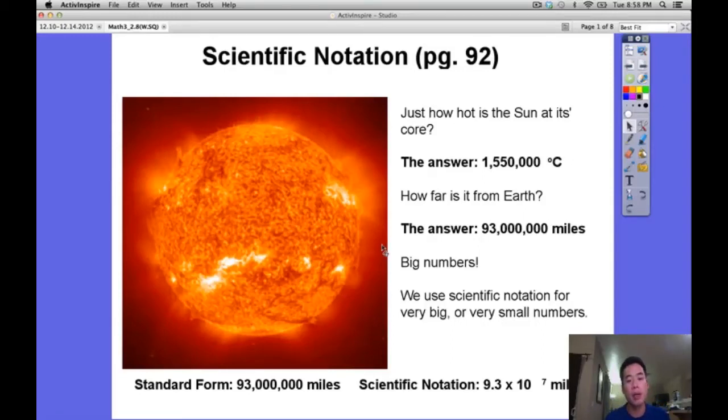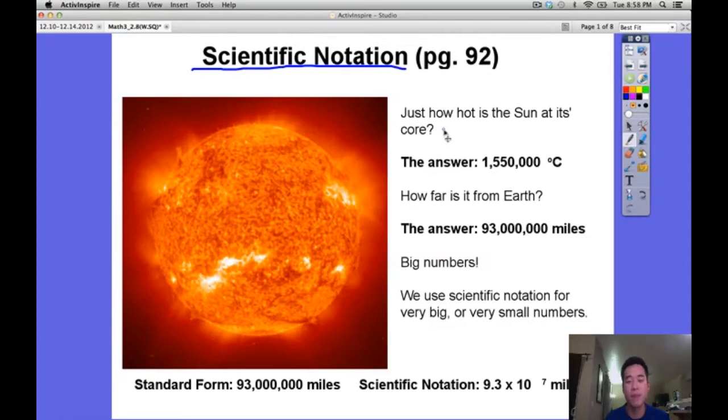Today we're going to talk about scientific notation. If you look on the screen, scientific notation is the primary way that a lot of math and science come together. So here are some examples of how we use scientific notation. Just how hot is the sun at its core? Well, the answer is it is